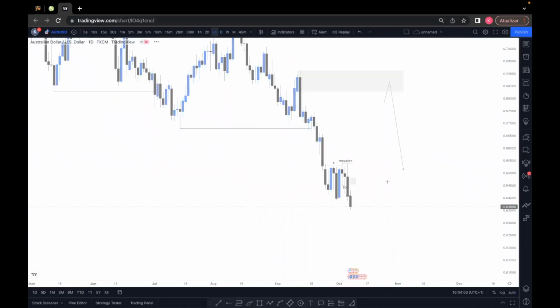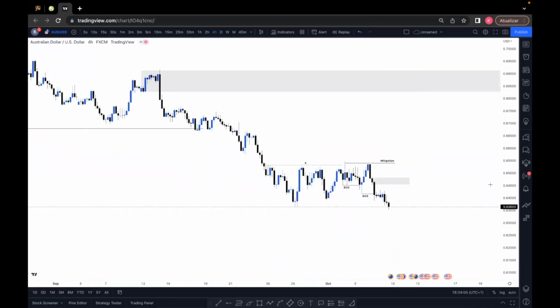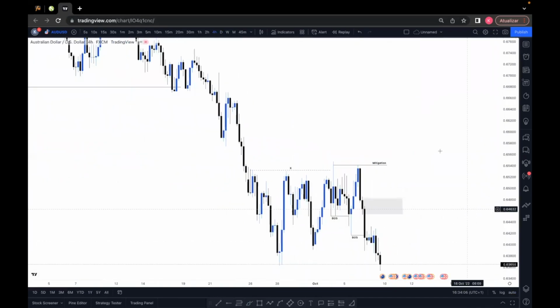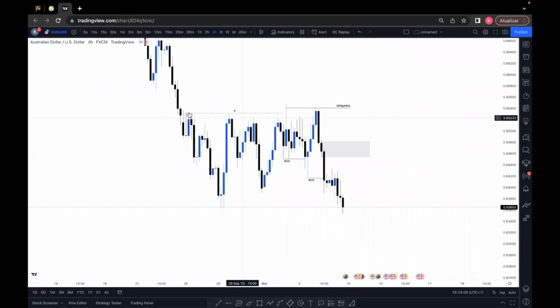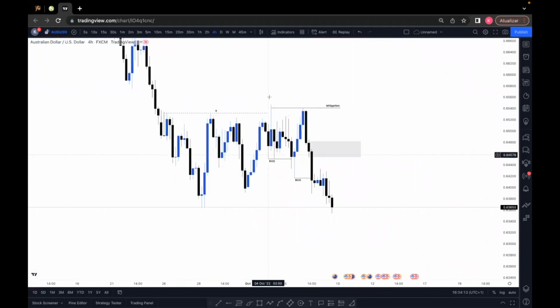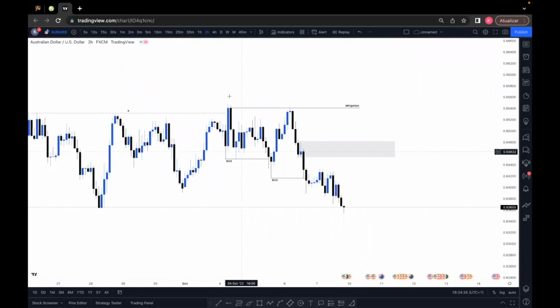If we drop down, for example, to the 4-hour time frame, we can actually see something that happened during this week, is that we had this buildup of liquidity right here, some sort of equal highs. Price actually swept liquidity, right? All this liquidity that was here swept. We had price actually failing to close above that level. Then it dropped, right? If I drop down, for example, to the 2-hour time frame, we had the break of structure